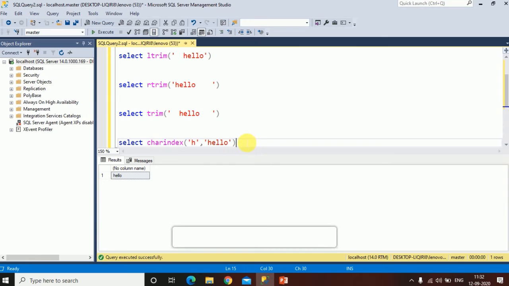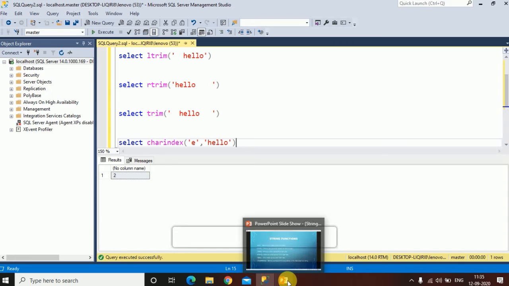It will find the first occurrence of character h in hello. If I run this, it returns 1. Suppose I specify e, it will return the first occurrence of e in the string hello. So e occurs at position 2. It returns the first occurrence of character e.